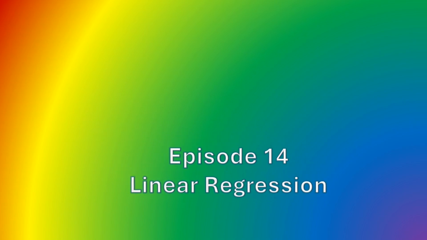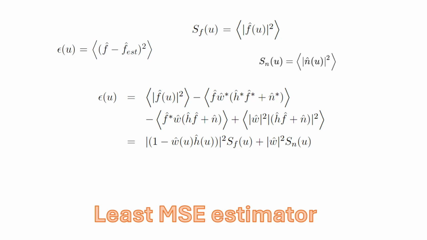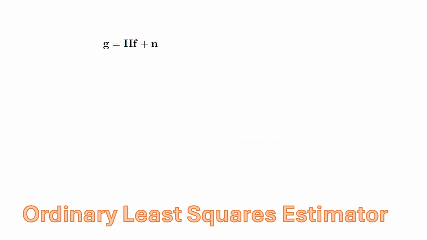Episode 14, linear regression. Back in episode 13, we looked at shift invariant systems, and we found the Wiener filter as an optimal filter for minimizing the mean square error in the spectrum of the signal. Today, we're going to consider the similar problem, but we want to consider shift variant systems where we have this algebraic model for our forward model, G equals HF, and we want to minimize the regression error. So we're going to minimize